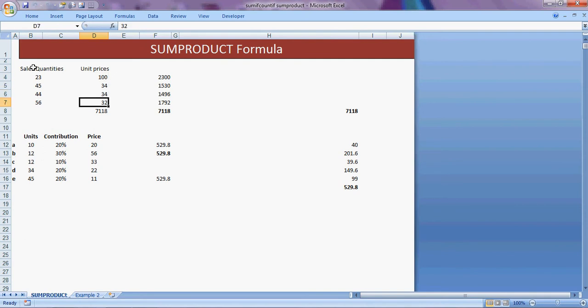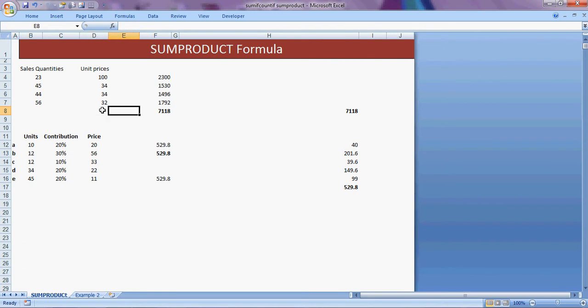If you want to know the total value, what you usually do is multiply, that is equal to B4 into D4, enter, then drag it. Then for the result you press Alt equal to, that is the sum. The value you get is 7118. So first you multiply and then you add.